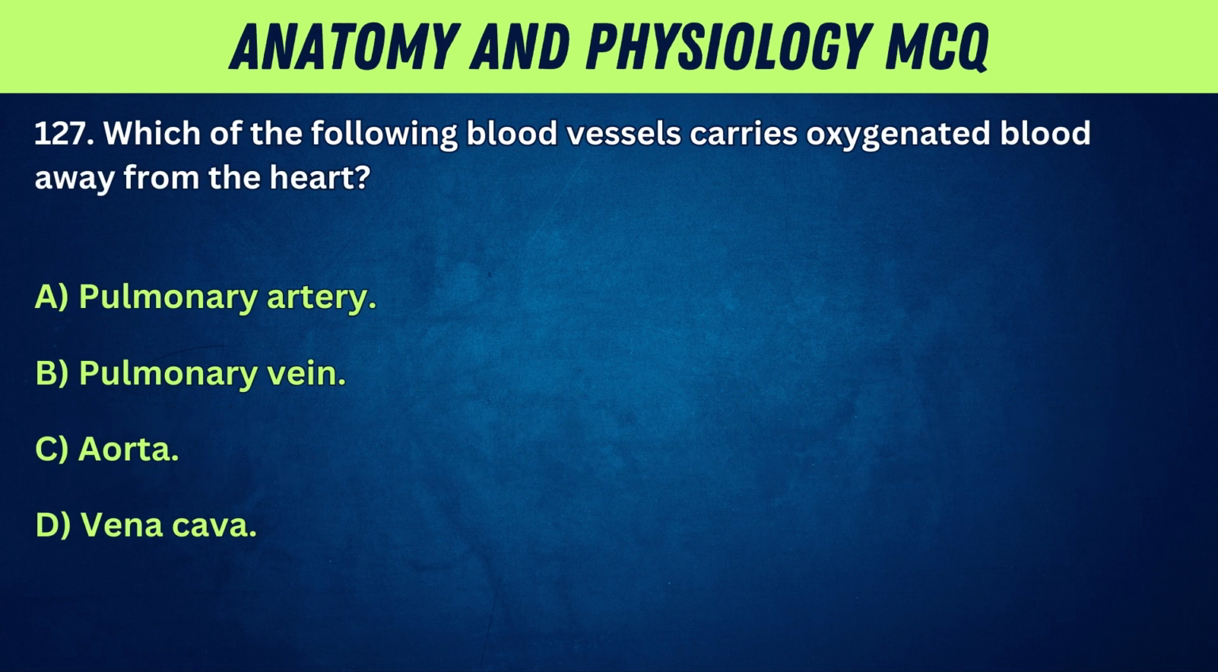127. Which of the following blood vessels carries oxygenated blood away from the heart? A. Pulmonary artery. B. Pulmonary vein. C. Aorta. D. Vena cava. Answer: